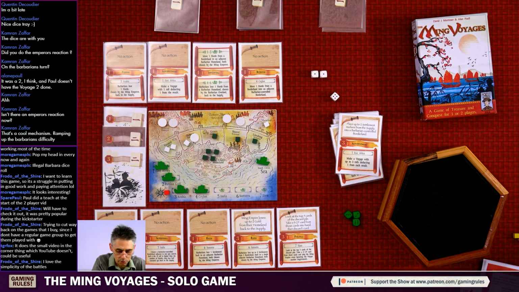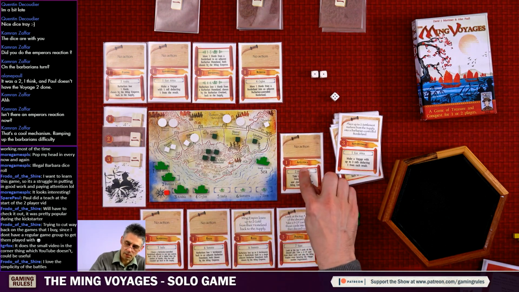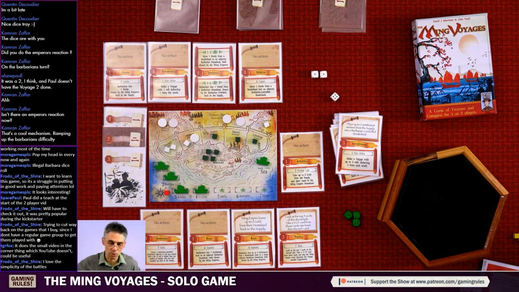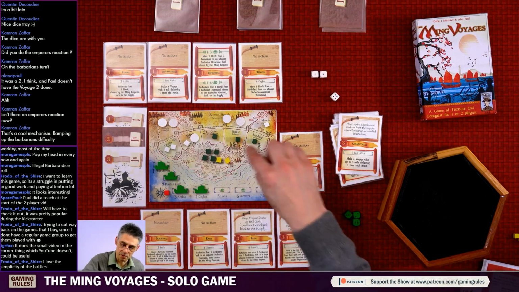I do need some more junks at some point as well. I'm going to use this one. So I'm going to use this card as the bottom ability. Because I've done the Voyage to the Persian Gulf, I get to take 2 gold. And then as a reaction to that,